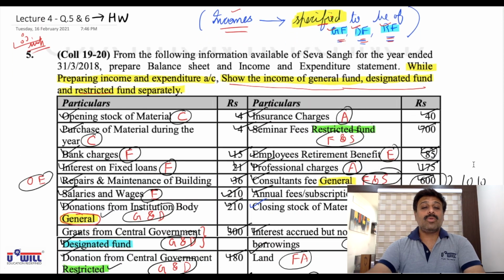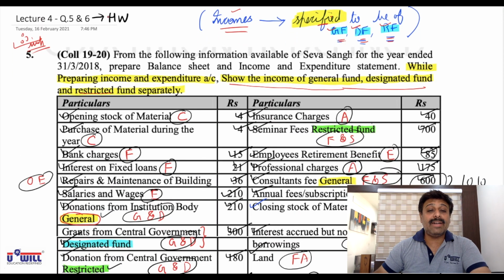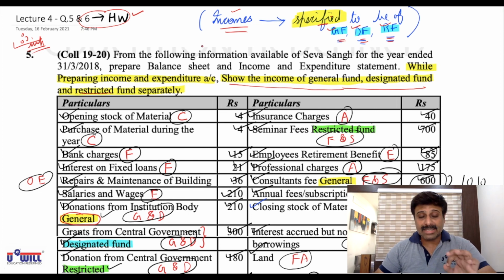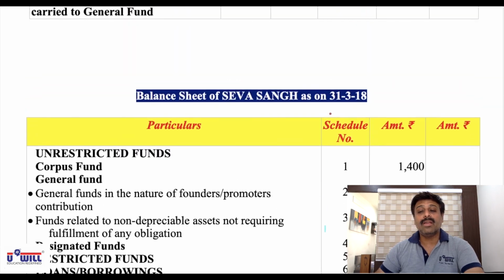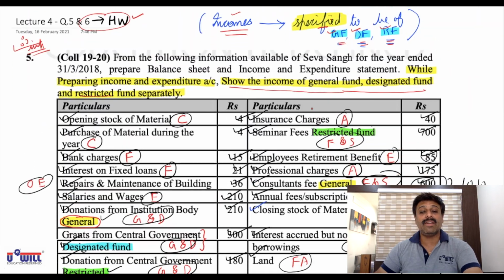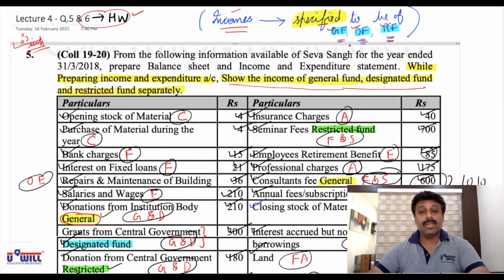So now question 6 is your homework. I'm not even discussing that question because so many questions are done by now. So even the markings and everything you must be able to do on your own. It is not to be done in columnar form. That is similar to the previous questions we have done. The solution of the same you'll find in You Will Learn.